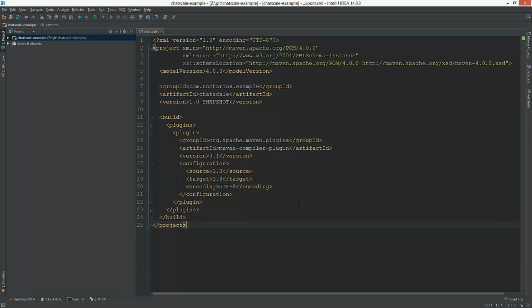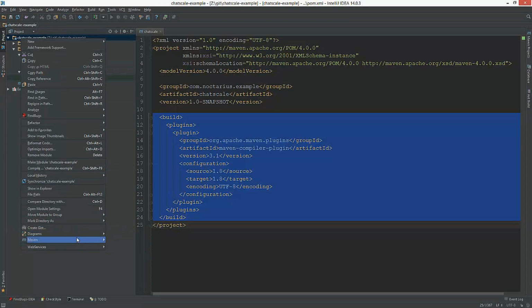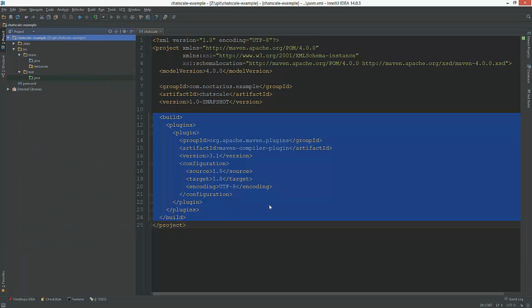To get started, I created a small Java application, nothing special so far. It is just a plain Java application. The only thing I did is I created a Maven module and I already configured it to be Java 8. I think I also have to re-import it now. So we want to use Java 8.